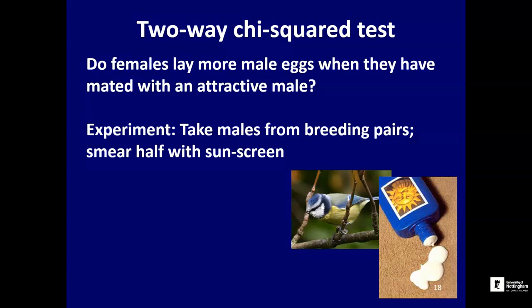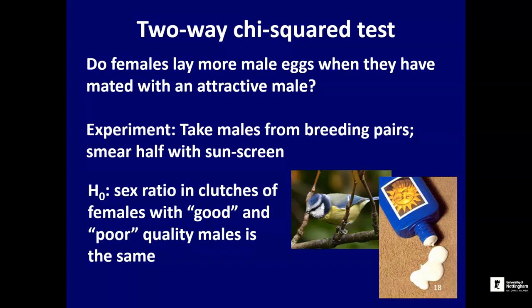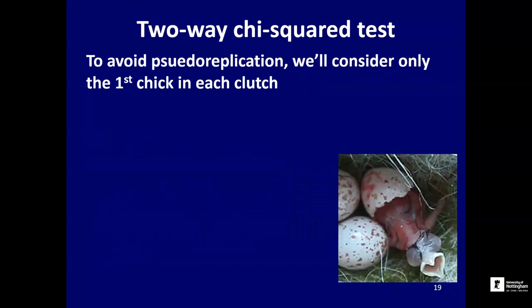we'd experimentally manipulated them. And the null hypothesis was that the sex ratio in the clutches of eggs from the females that had mated with the control males that hadn't been manipulated would be the same as the sex ratio in the clutches of eggs produced by females that mated with blue tits that had been covered in sunscreen. And if we see a departure from that null hypothesis, that would be consistent with our alternative hypothesis, which is that actually females are able to manipulate the sex ratio of their offspring in response to the quality of their